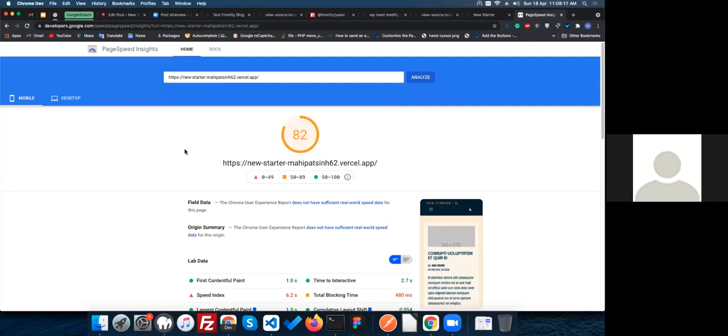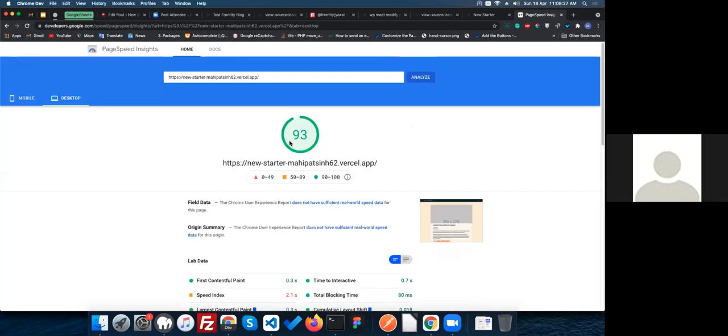As you can see, my site has a performance score of 82 on mobile, and in the desktop area the performance is 93. So this shows what score you can get in Google PageSpeed if you are building a new site in Frontity. As you know, page speed is the biggest concern of many users, so it will help you if you are using the Frontity framework.